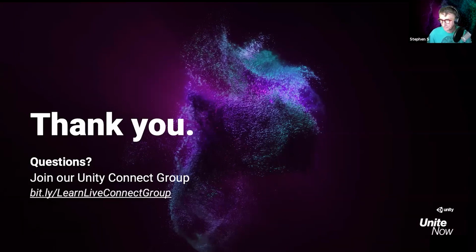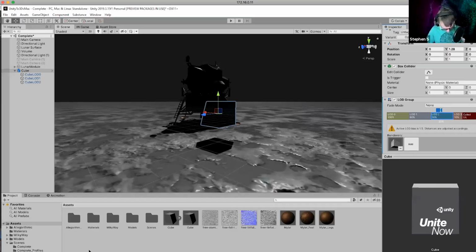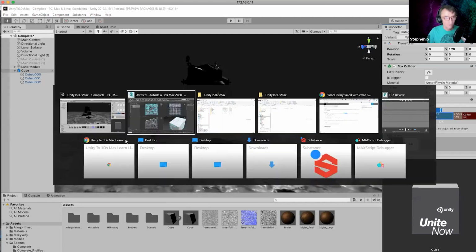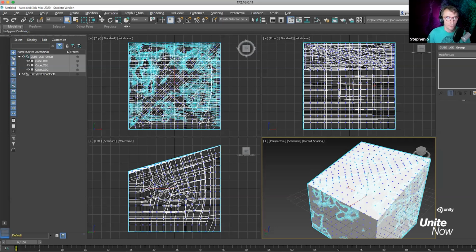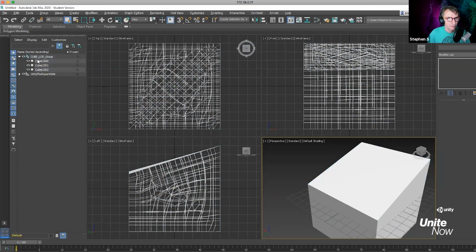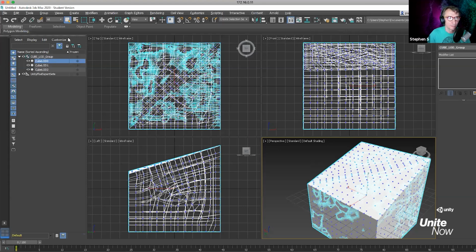The first question I see is, where's the quantifier? So let me pop back over to 3ds Max. Sorry, there we go. I'm going to start with this cube right here.